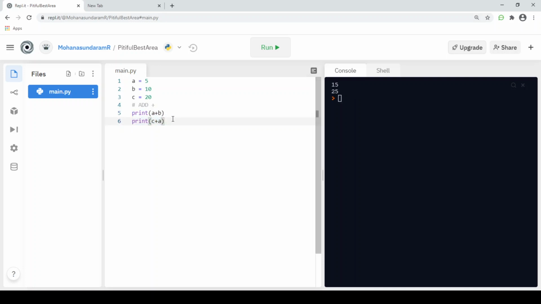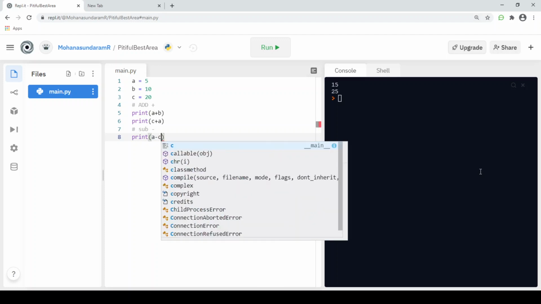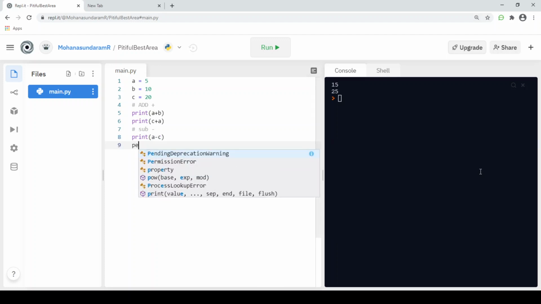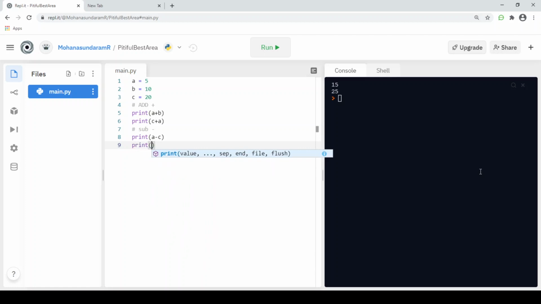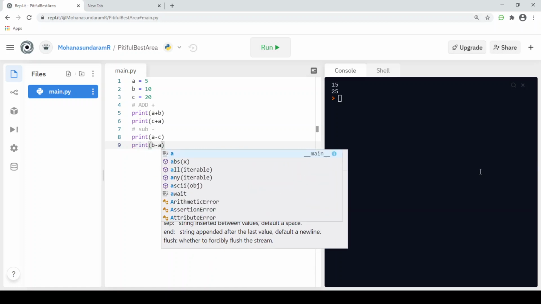The next subset of arithmetic operator is the subtraction operator, which is denoted by the minus sign. We're going to print a minus c and print b minus a.